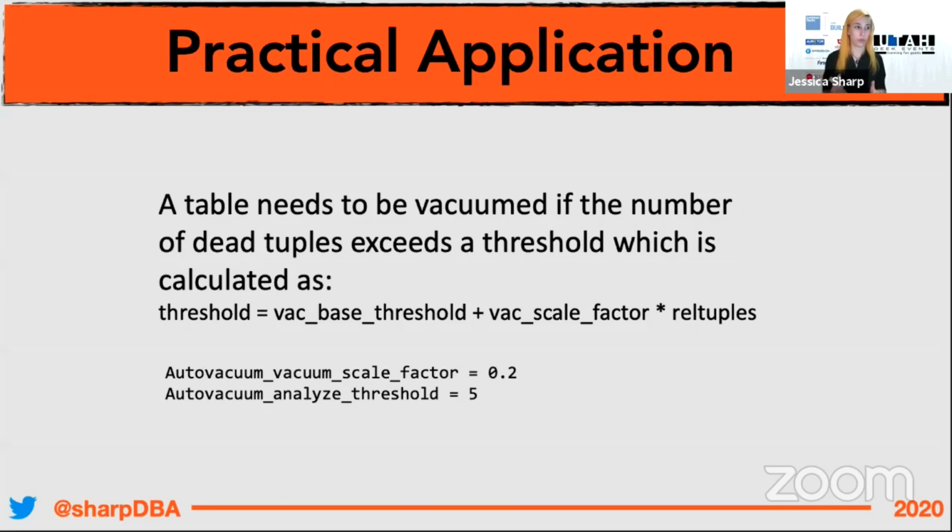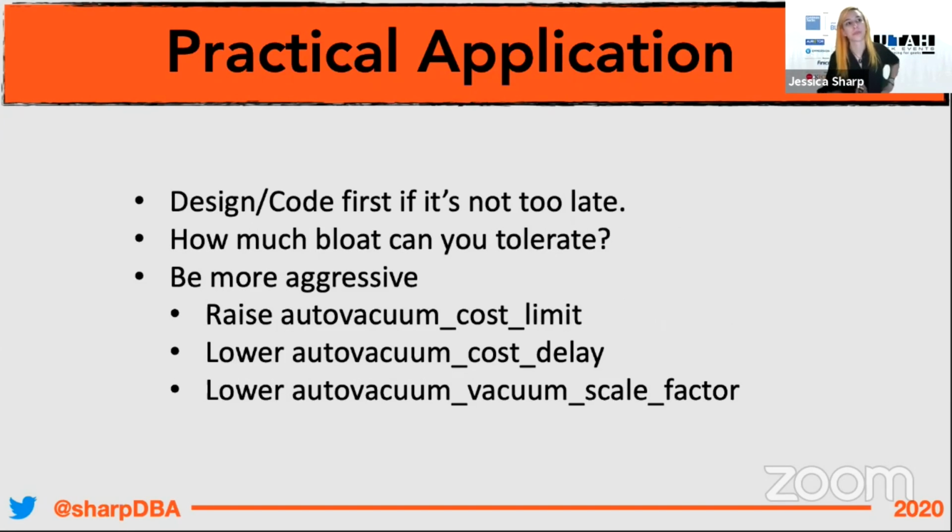So if you want to be more aggressive, decrease your scale factor, which sometimes is necessary. 20% doesn't sound like a lot, but when you're in the millions of rows, it actually is. It makes a difference. Ideally, though, database design can massively help relieve this if it's an ongoing problem. I understand a lot of times it's too late and a lot of times it's not an option. So at that point, you just say, okay, we do the best we can everywhere else.